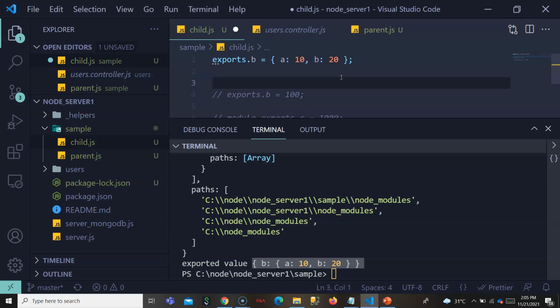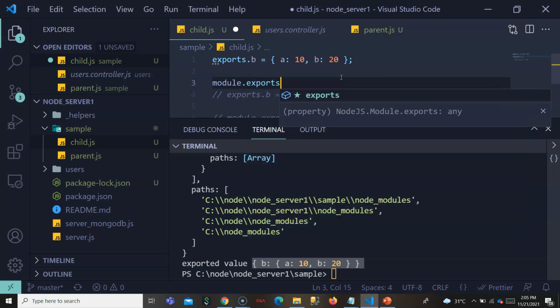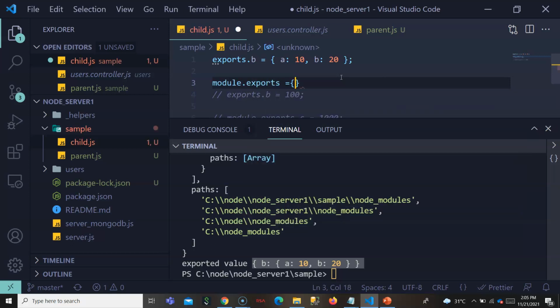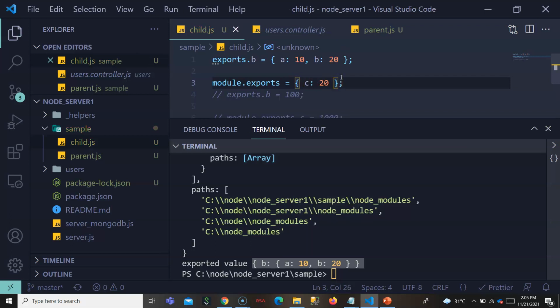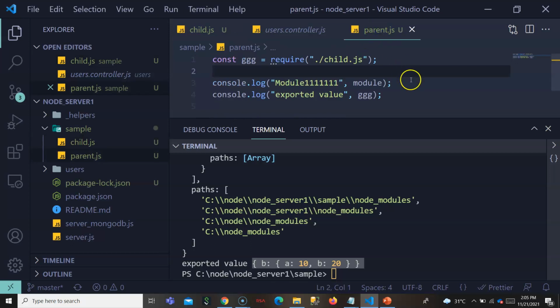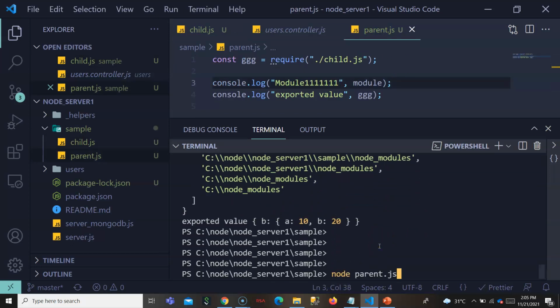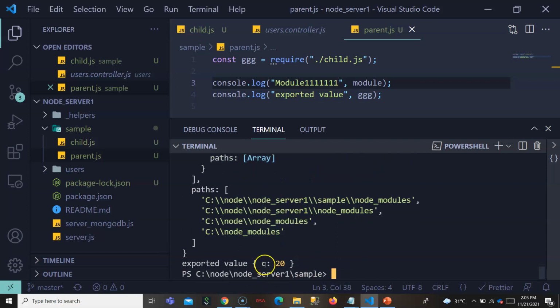Now if I do module.exports and replace the value with c of 20, what will happen? Since it got replaced, the earlier value will be ignored in the exported value. Let's see that. Now if I run node parent.js, you will see it has only c of 20.